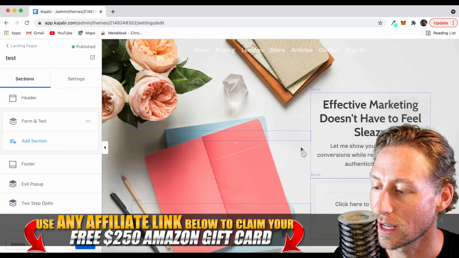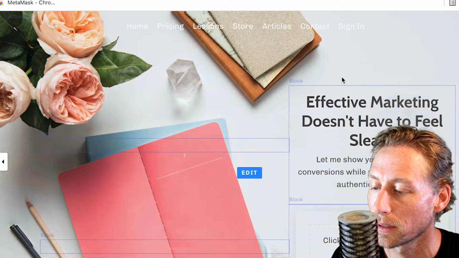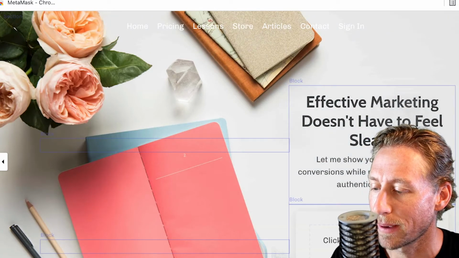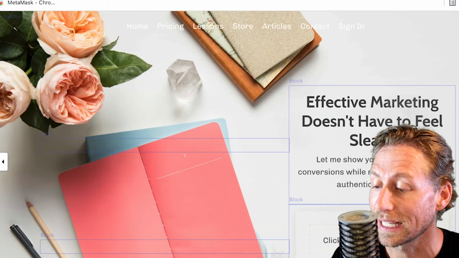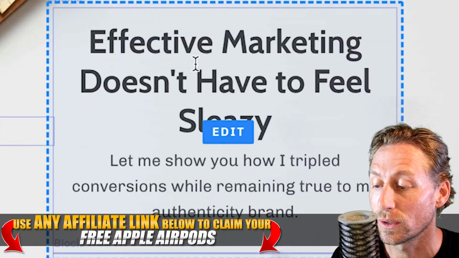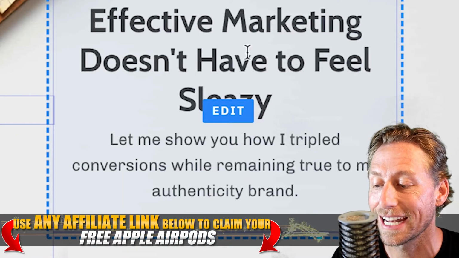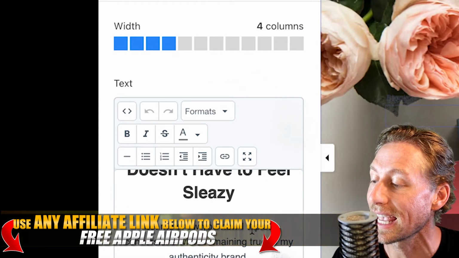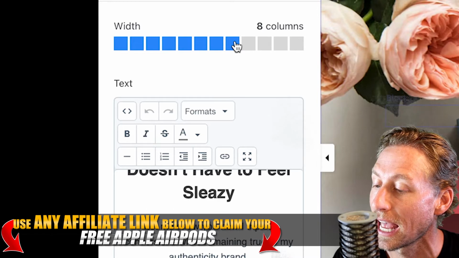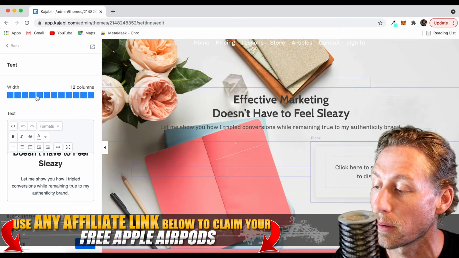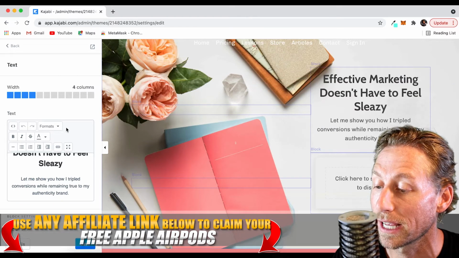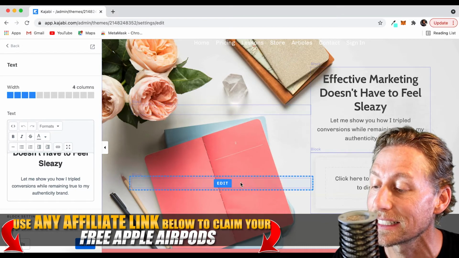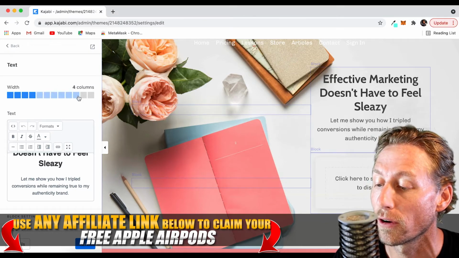And voila, the page is done. You can see my home navigation links up top. I would probably turn those a different color just so they're not getting translucently lost with this background. But you can change this really quickly. If you click on this text, you can't edit it right here on the page. I see a lot of people trying to edit right here. You'll click on the text and you'll move over to this box over here on the left. This is more the editor where you can change how big you want the columns of the box to be. You can really play around with either one of these sizes. And you can see this little translucent box. That's how you change the size of the box,